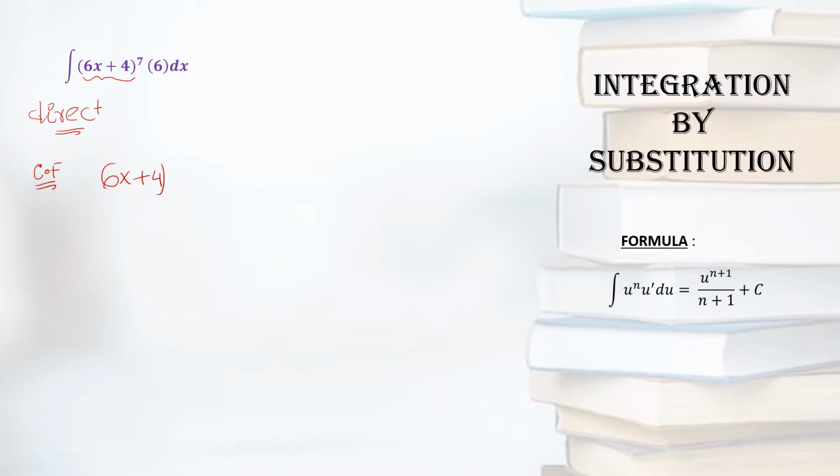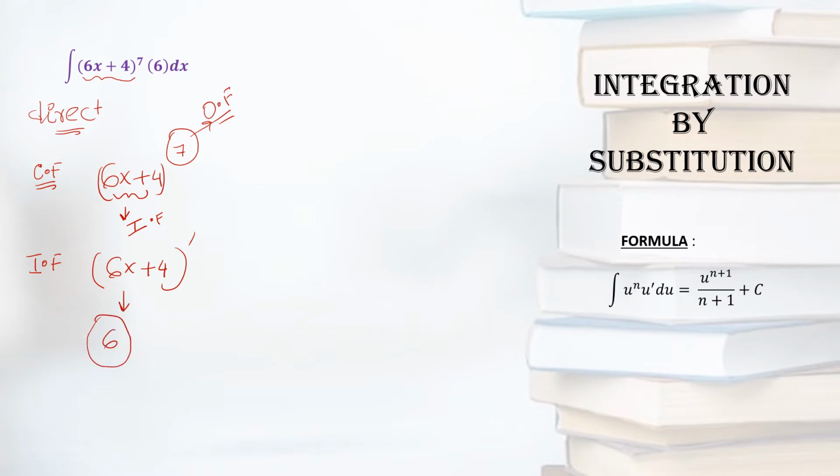The reason is it has the inner function, that is 6x plus 4 written inside the bracket, and also there is a power. So the power is said to be the outer function. After recognizing the composite function, find out where the inner function is, which you know already, it is 6x plus 4. Take the derivative of the inner function, which is 6. Now check if the 6 is present in the quotient. Yes, it is present in the quotient.